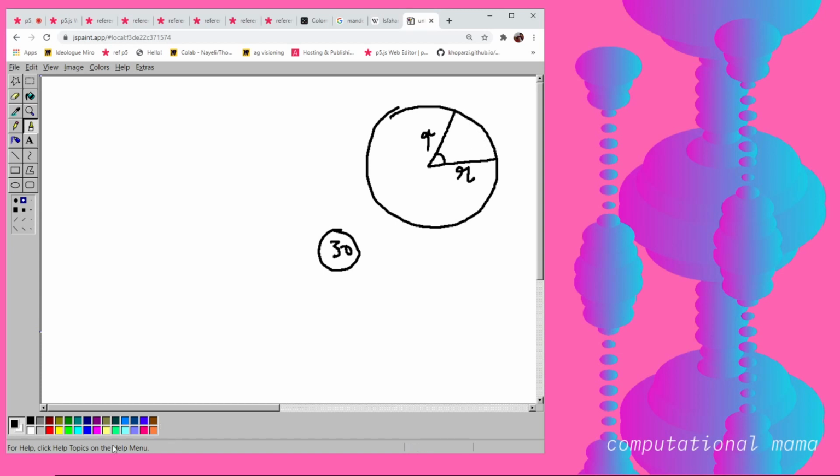If you dropped a line here like this, you would get a 90-degree angle, right? So now the r here continues to be r, but here you have a smaller value, and here you have a smaller value.